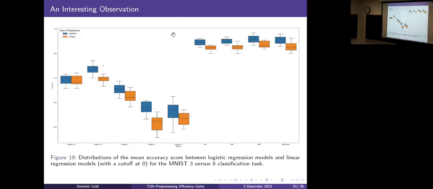And now we have a really interesting observation that we plan to expand upon in the paper, but I'm sorry, this is really small, by the way. I'll summarize it for you. On the left half are the non-TDA preprocessings, rescaling and downscaling respectively. And on the right side, where things are really high, are the TDA methods.